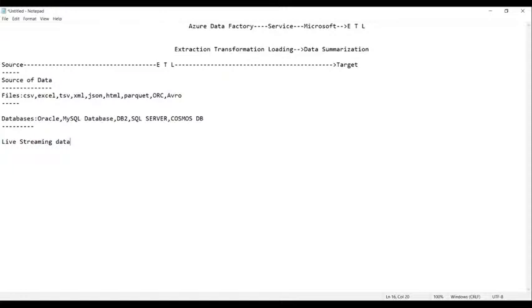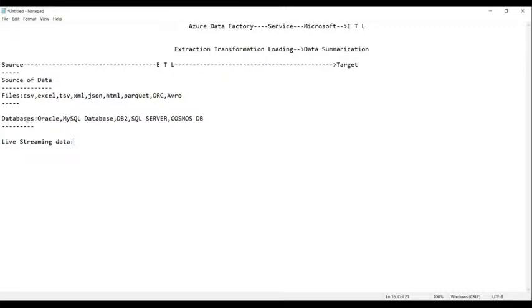Or for example, a live cricket match: the score changes every minute or every few minutes. Likewise, constantly changing live data is the live streaming data. The data which streams live is called live streaming data. So live streaming is also a source. Many sources are there, but these are the three sources which we can majorly get here.